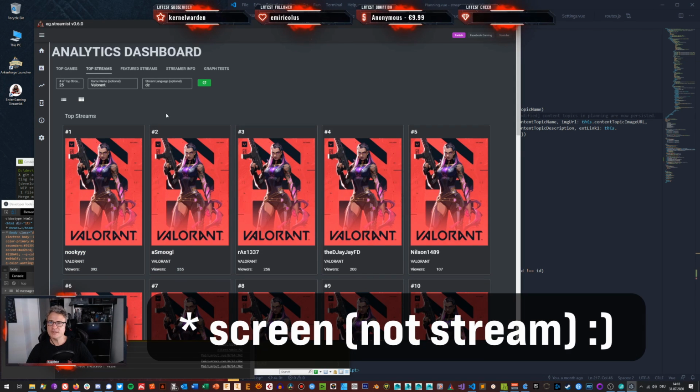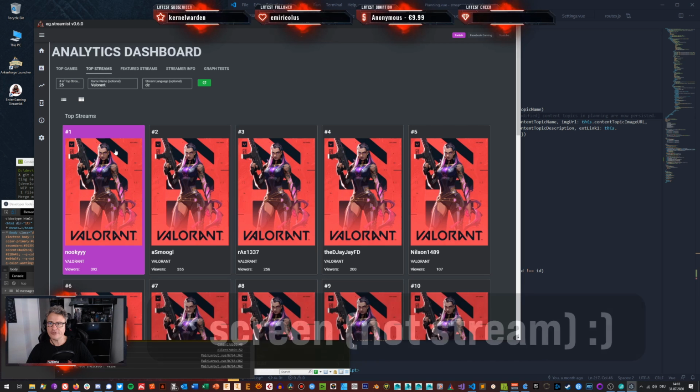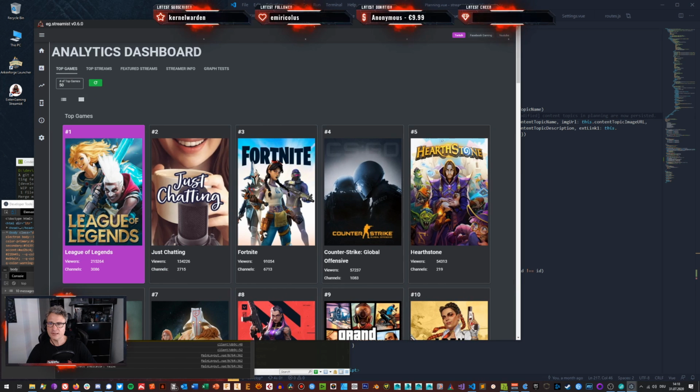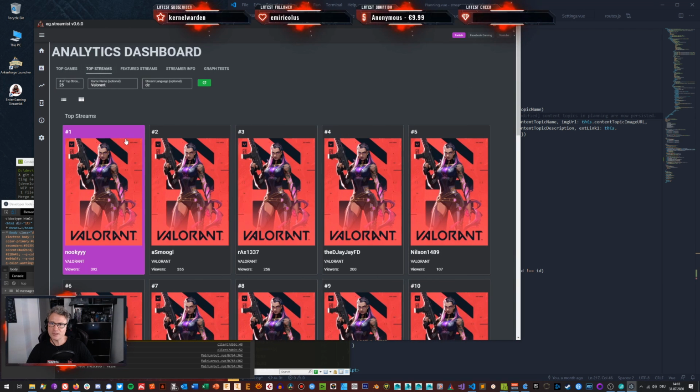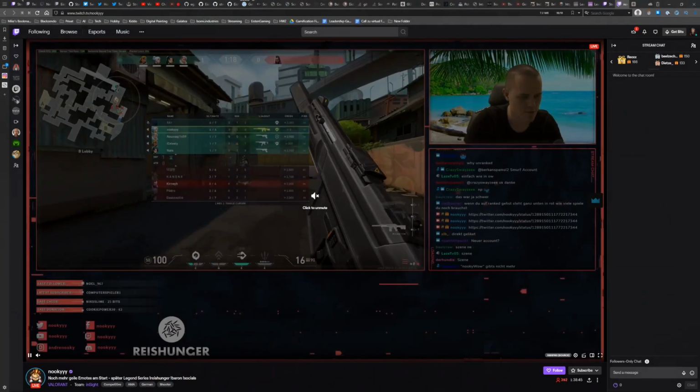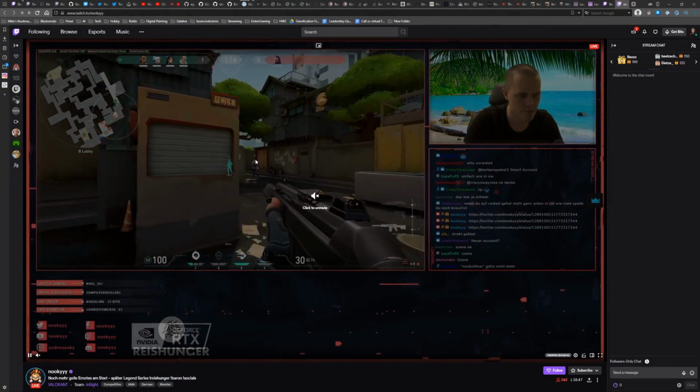And what you can actually do is, as you see, I've got this hover thing going on, which didn't work. Look at the mouse cursor. This is just the arrow. If you look at top streams, it will be a hand. This means I can click on it, and it will open up the according page. This allows you to jump to the stream directly.